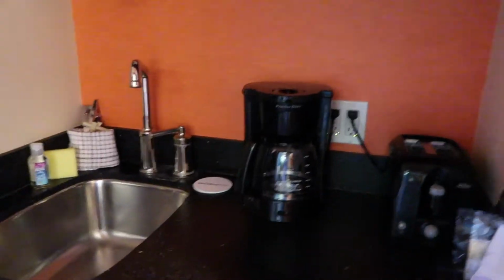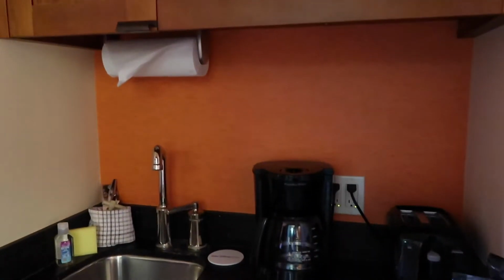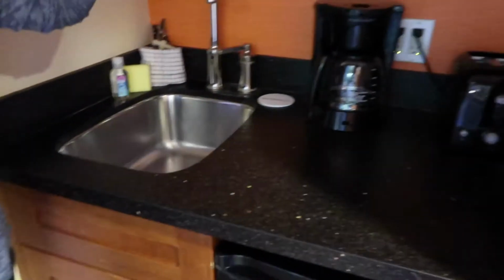But there's a little kitchenette cabinet right here. So you have coffee maker, toaster, microwave, and then a mini fridge. So you don't get a full kitchen, but if you want to bring some food to store in your room, you still have all that here. Got some glasses and everything, plates, bowls, so you can still eat in here if you wanted. And then over here is...